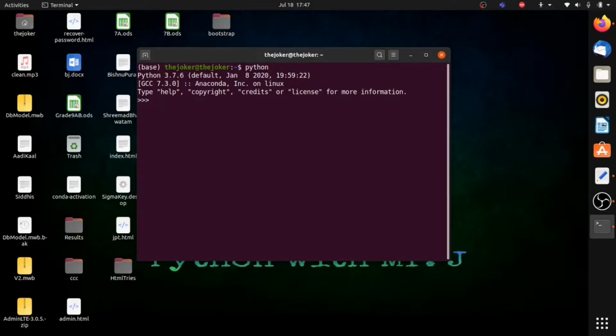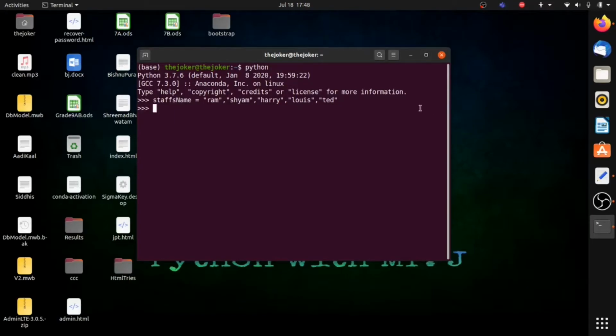Going on to the Python shell, take an example. Consider that we have an office where there are 5 staff. Now storing the names of those 5 staff in a single variable, staff's name, which equals Ram, John, Harry, Louis, and Ted.